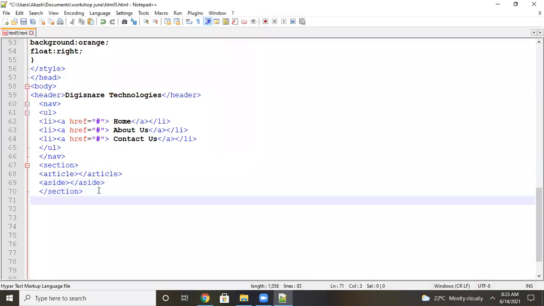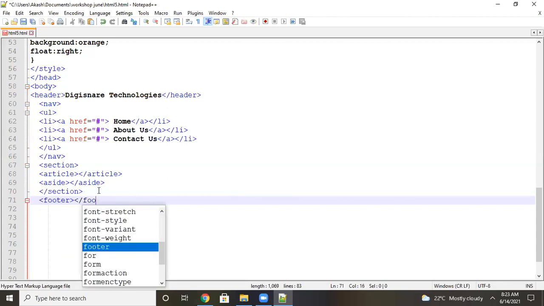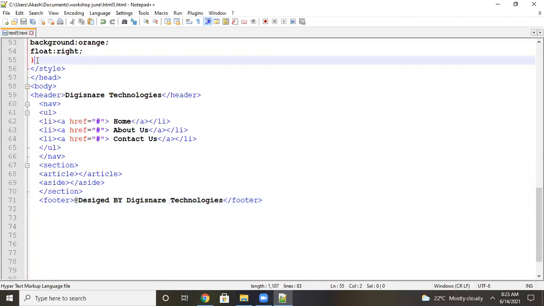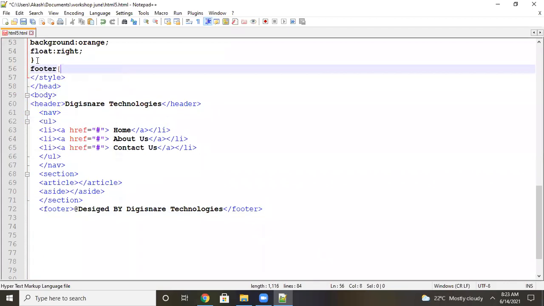Now finally last comes the footer. Let's see, I will take the footer tag here, footer slash footer. Here I will say designed by Designer Technologies. Now what we have to do here is define the footer.